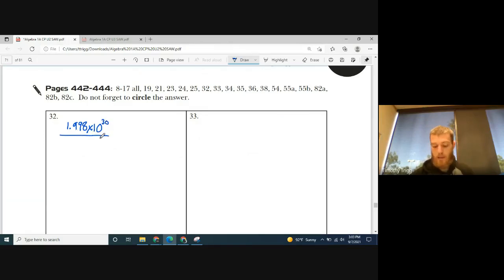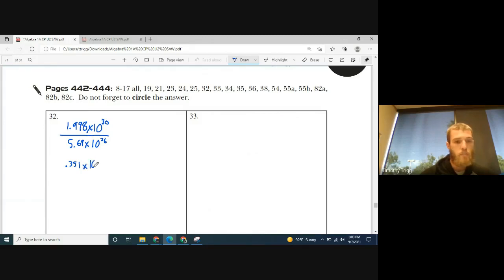And then Saturn's mass, 5.69 times 10 to the power of 26. Okay, so we can start by dividing these coefficients. 1.998 divided by 5.69. So this gives us 0.351, we'll say,